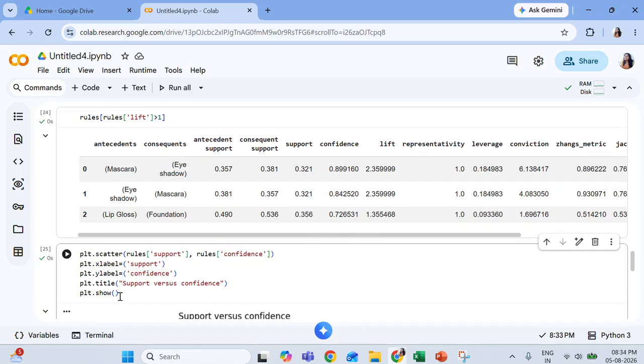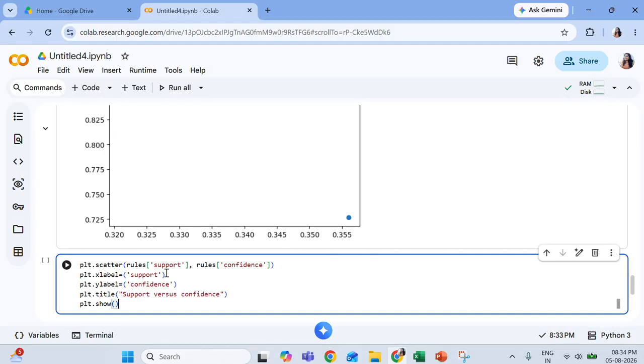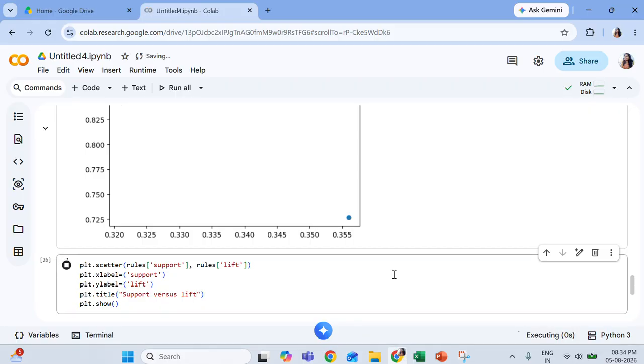Similarly, you can create the visualization charts for the others also. Let's say you want to create it for support versus the lift values. That also you can create. Then you can create confidence versus lift. That is also possible. Whatever you want to do, you can just plot it and have a look at it.